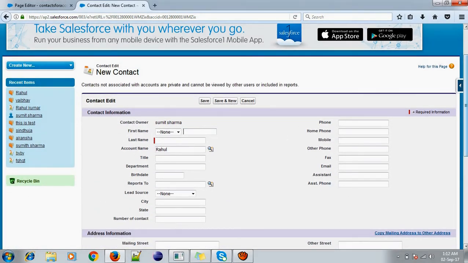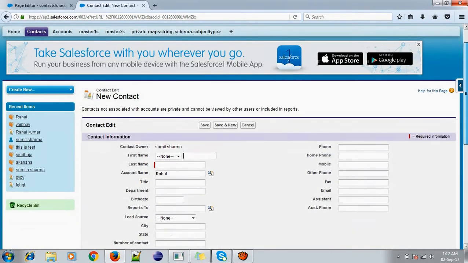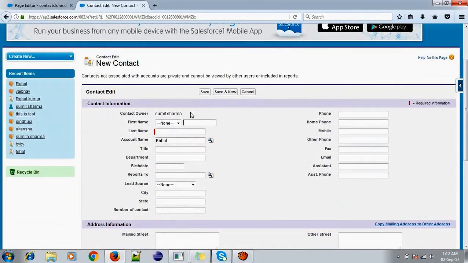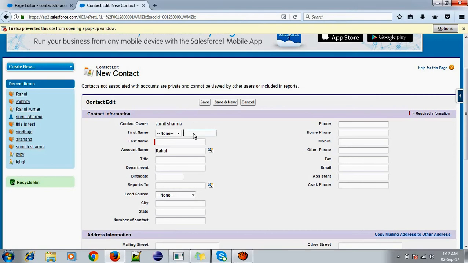So for the above account, we can give the first name as Rahul, last name Sharma, sorry, it's Singh.